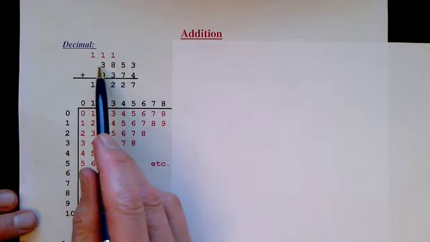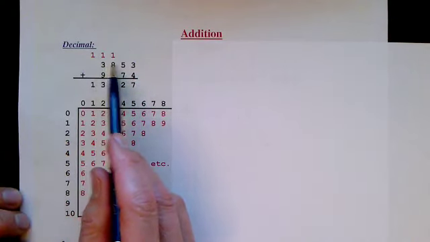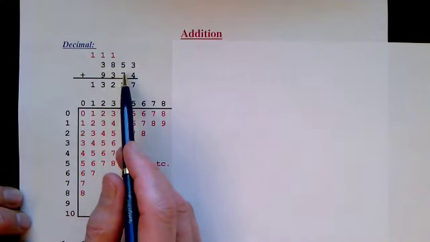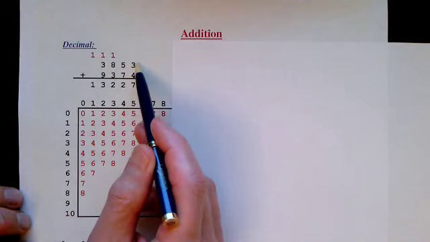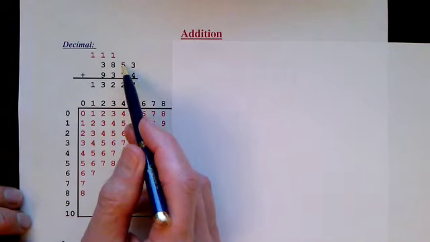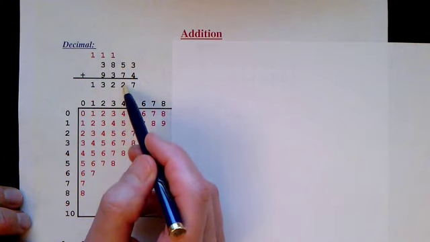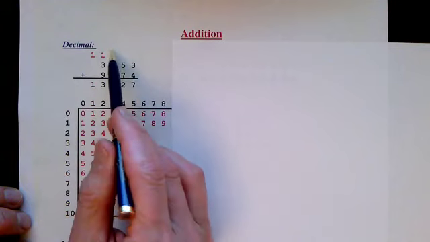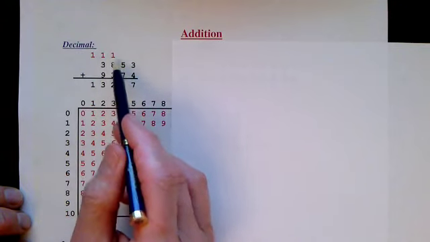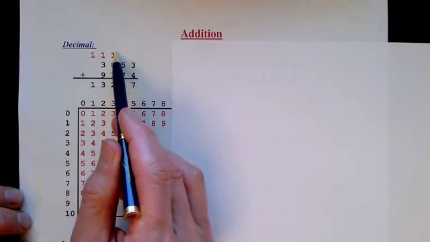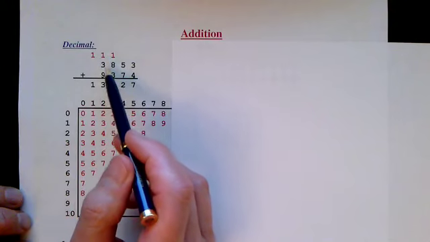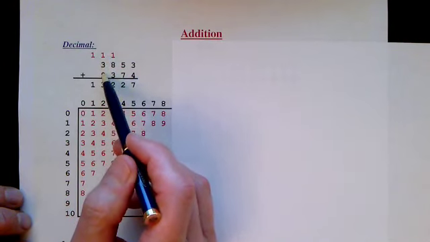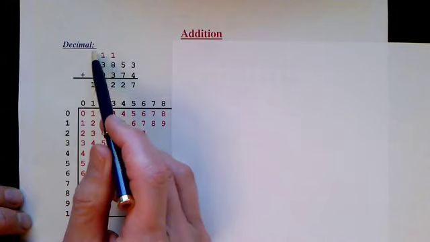Here is an addition problem, 3,853 plus 9,374. To add it, we start at the least significant end, and we add 3 plus 4 to get 7. And we add 5 plus 7, and we get 12. But we can't squeeze a 12 in here because it takes 2 digits. So we write the 2, and we carry a 1. Then we add 8 plus 3, plus that 1 we carried, and we get 12. Again, we carry a 1. And we add 1 plus 3 plus 9, we get 13,